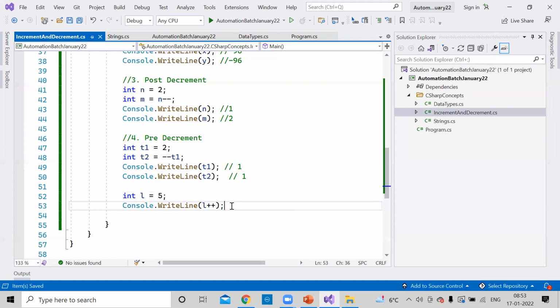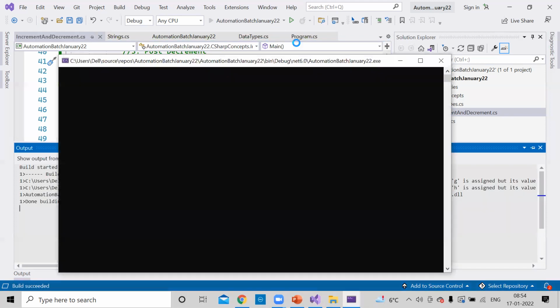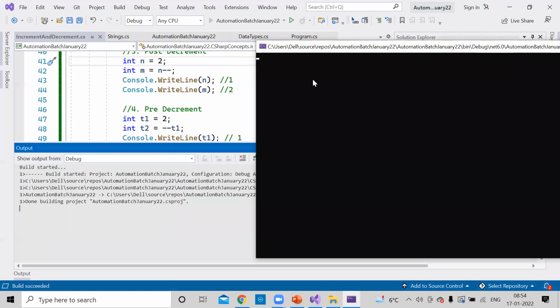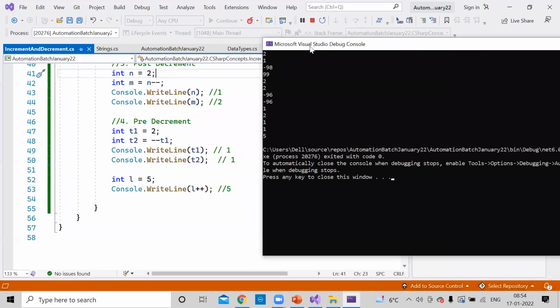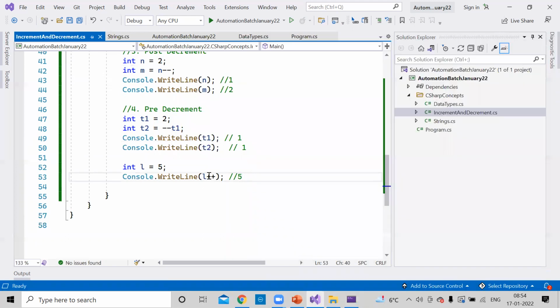So Aswini, what do you think? What would be the output of this right line? Is it 5 or 6? You may answer 6, or 5. 5? Are you sure? Okay, let's print it. So you are right. The output is 5, because